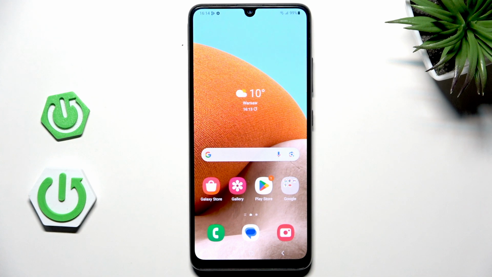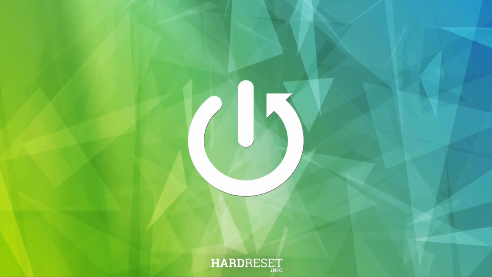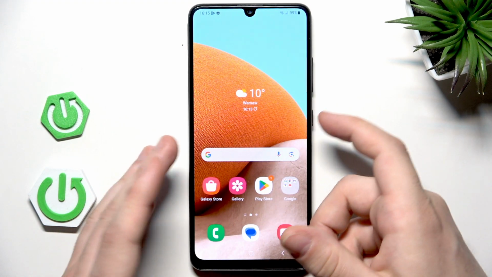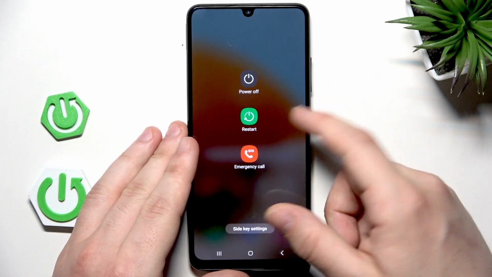Hello, in this video I'm going to show you how you can lock the bootloader on Samsung Galaxy A32. Okay, so first we need to power off our device, we need to hold the power key and now click